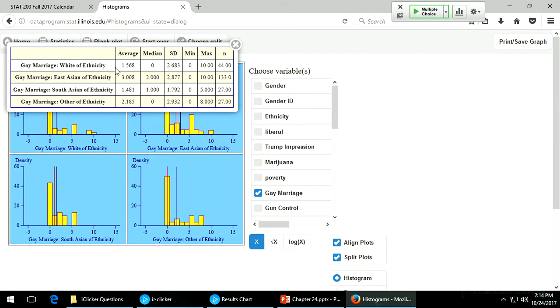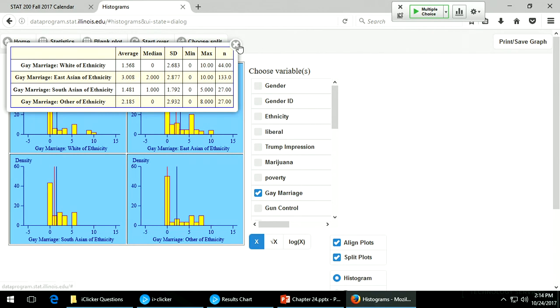South Asians are the least opposed. You were completely wrong, the people who answered that. South Asians are most in favor of gay marriage. There are only 27 of them. East Asians are 133, but they were by far the most opposed. Then whites are pretty